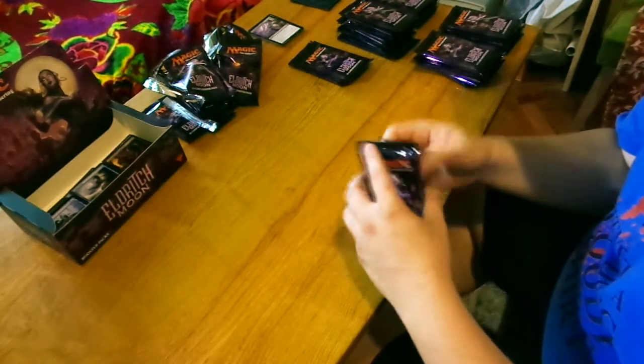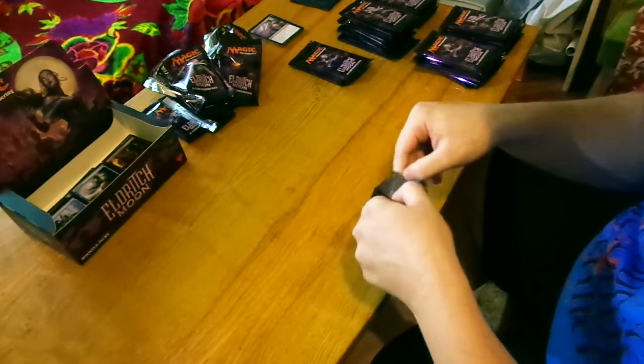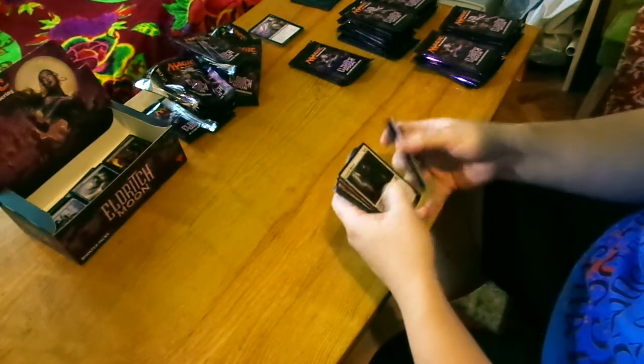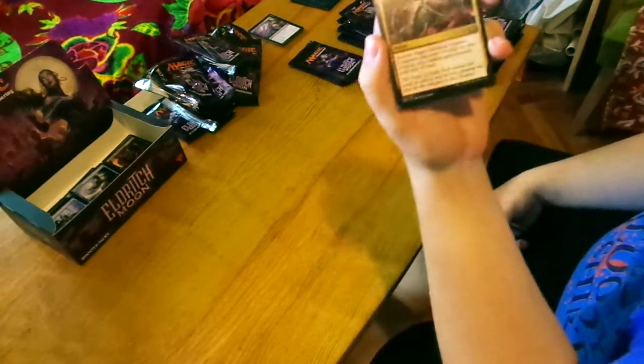So next here is Liliana. I mean, it's her pack. It would be awesome if I just open a Liliana from here after declaring that, hey, it's Liliana. Okay, what's up with this artwork? Angel feathers? Oh, fucking hate it. So, write down